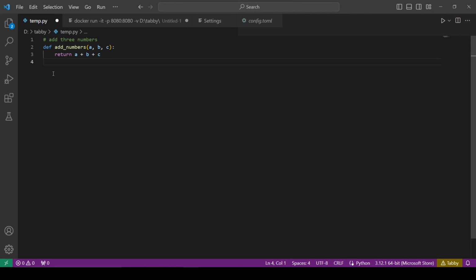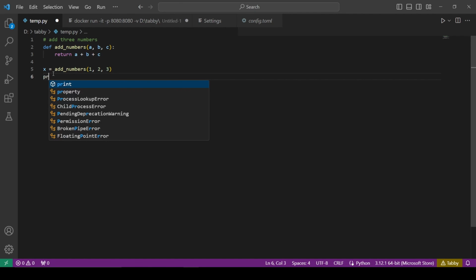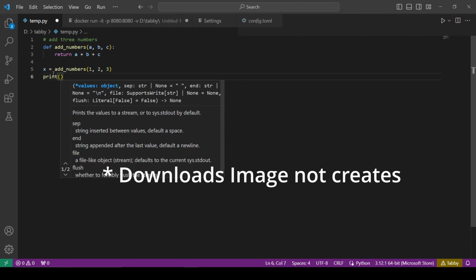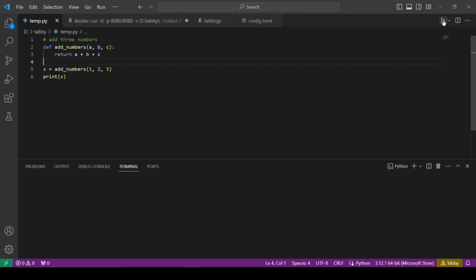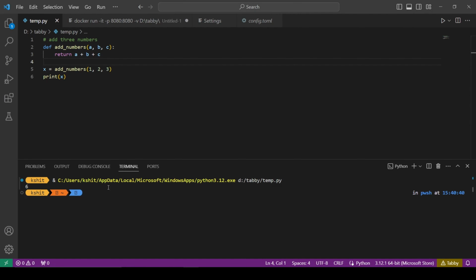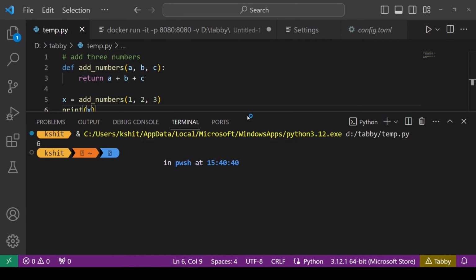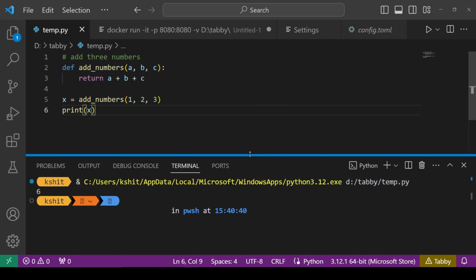Let's quickly run it to make sure our code is running. So x equal to add numbers, and let's see if Tabby, oh yeah, Tabby is auto completing this too. So I'm going to press tab and I will simply print the value of x, and let me run it, and it works completely correctly. Let me try to make it a bit bigger. All right,